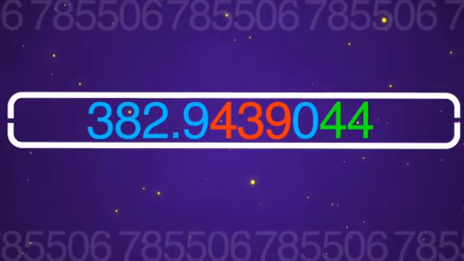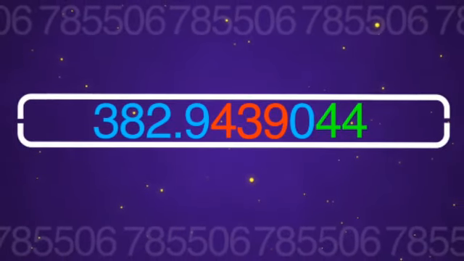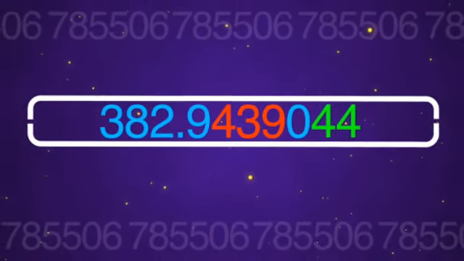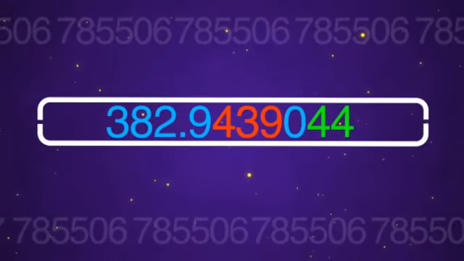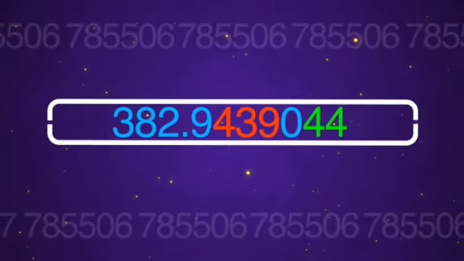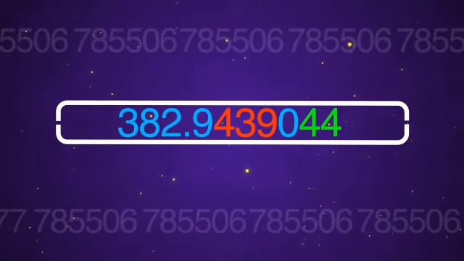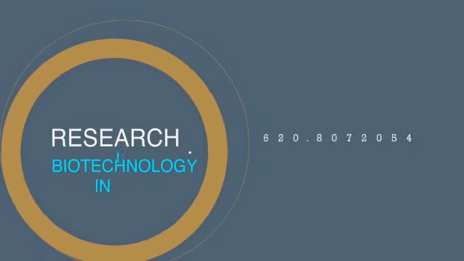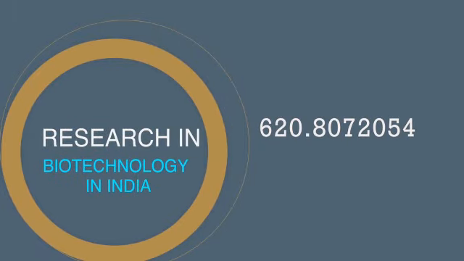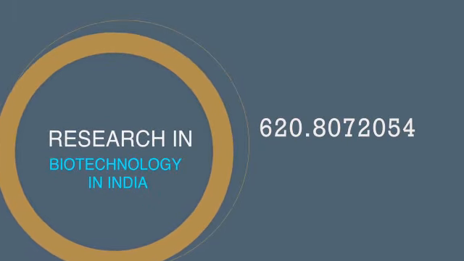Now let us take some examples wherein we can make use of table 2 and table 1 together. We can use table 1 and table 2 together, not only for geographical area, but some aspect of table 1 and some aspect of table 2. So let us take this title. It says Research in Biotechnology in India. I repeat the title, Research in Biotechnology in India.